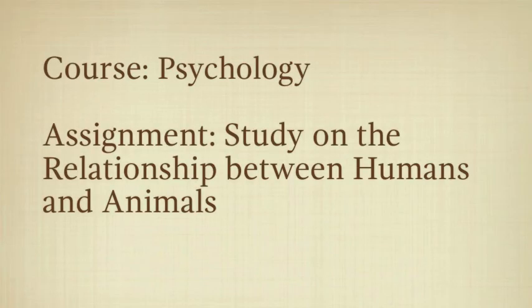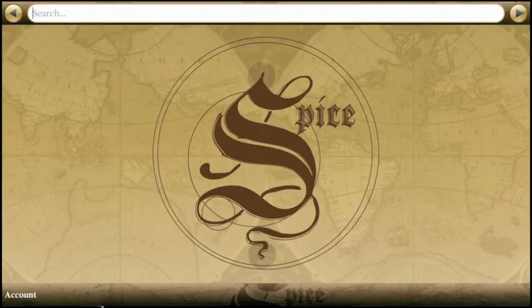Let's say you're taking a psychology class. Your assignment is to study the relationship between humans and animals. You decide to argue that the man-dog relationship is not one of unmerited affection. You understand that you have a lot of preconceptions to overcome. To get these out of the way, you want to list a bunch of them.